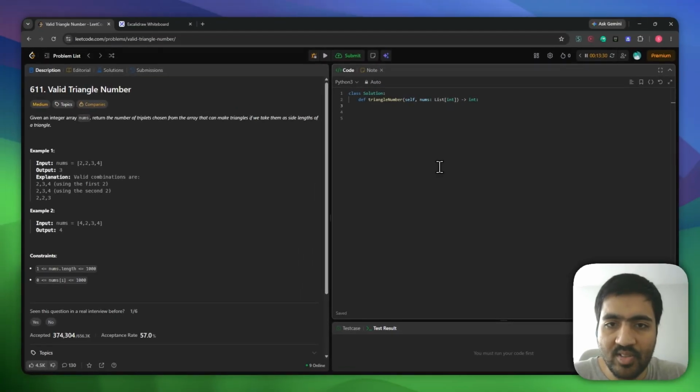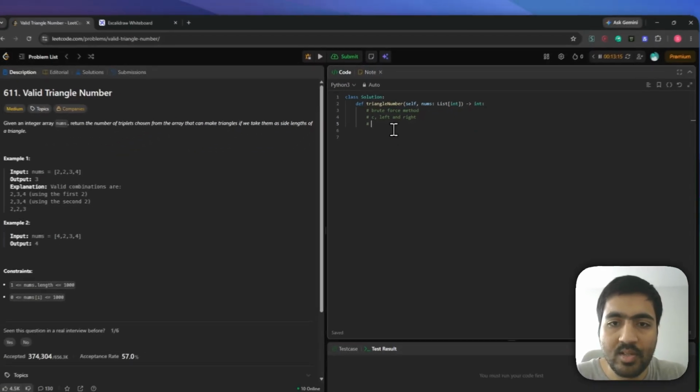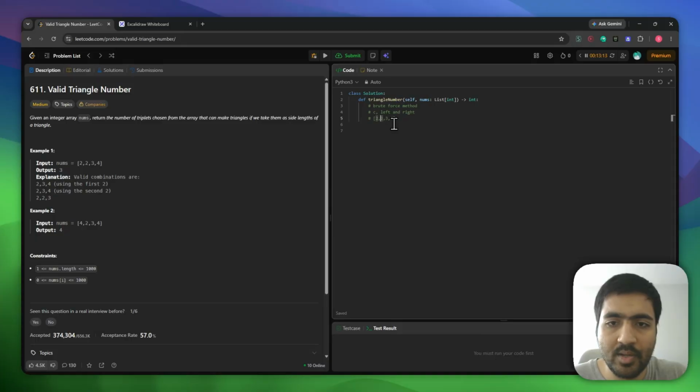There are two ways to solve this. One is the brute force method. If we take 3 pointers here, C, left, right. For this example, let me show you. Okay, let me add some values here. So for this problem, the brute force method says